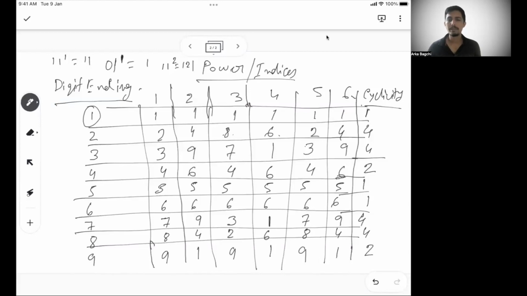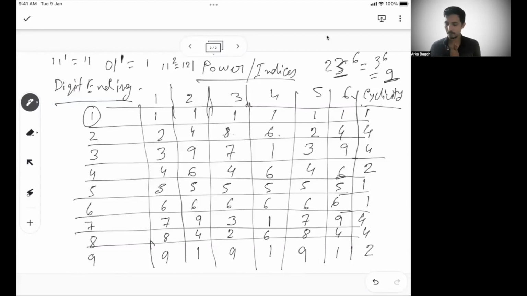there is one way you can remember which number has what cyclicity and then calculate. So let's say I give you 23 to the power 6, you calculate what the last digit is: 3. What is 3 to the power 6? 3 has a cyclicity of 4. So 3 to the power 6 will be the same as 3 squared, and the last digit is 9. So 3 to the power 6 has a last digit of 9, and from there you can do that.